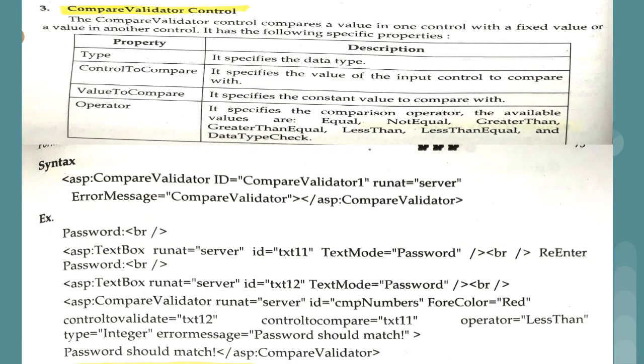Now the next validator control is the compare validator. Compare validator means whenever we want to compare the value of 2 text boxes. Most of the time whenever we are installing software, like MySQL, they ask you to enter a password. After the enter password label we have one text box, and after that a confirm password label, and again we have one text box.